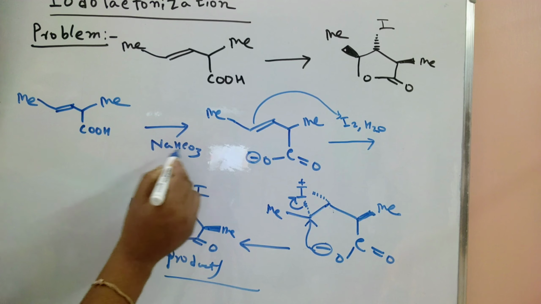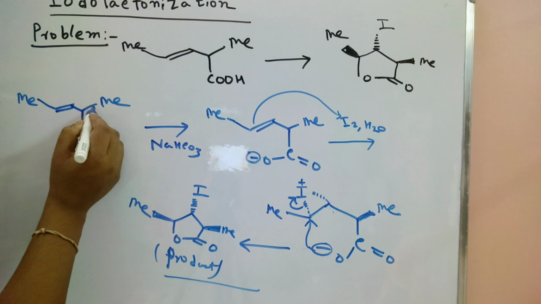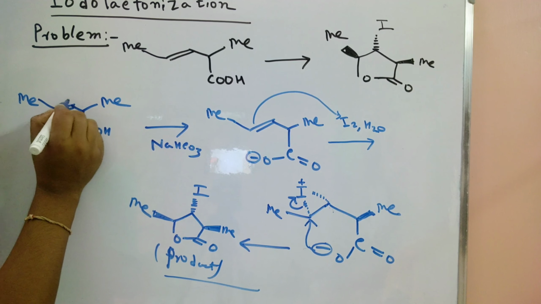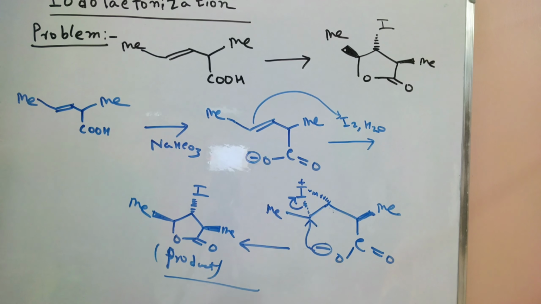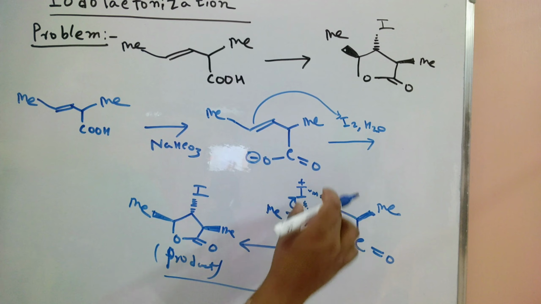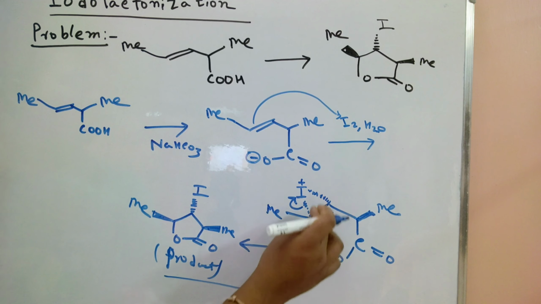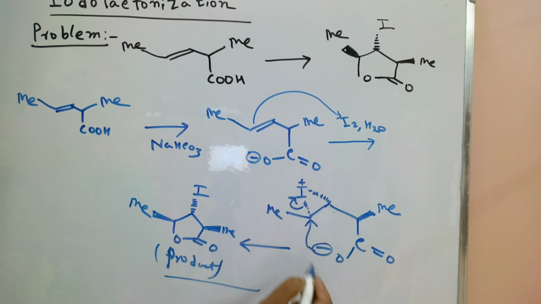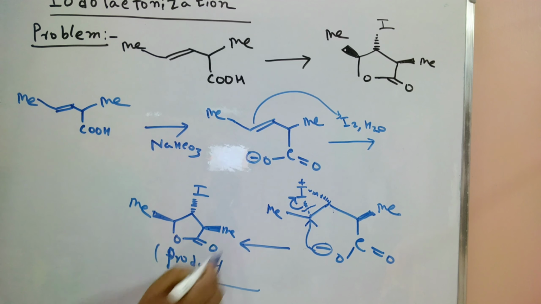In the presence of NaHCO3 bicarbonate, OCO minus forms, in the presence of iodine. So here methyl is on the upward side, so iodine attacks on that center. So this one is from the trans formation, so iodine is down. If iodine is present on the upward side, then the methyl group remains on the downside, but here iodine is downside, so methyl is upward side. So after formation of this iodonium ion, this minus charge attacks on that center, this bond is broken. So now formation of the product is here.